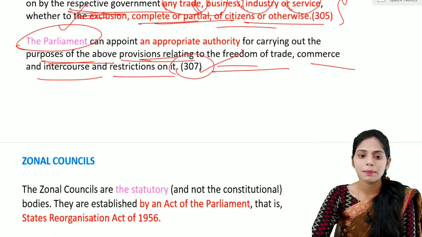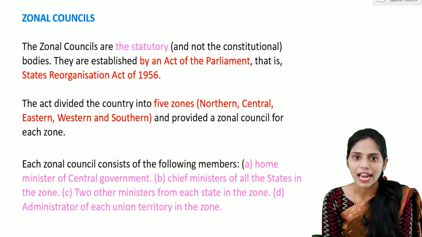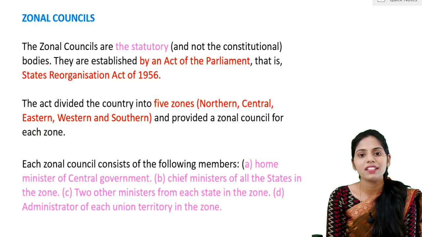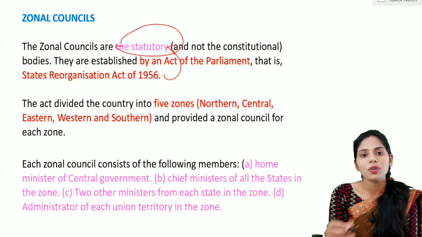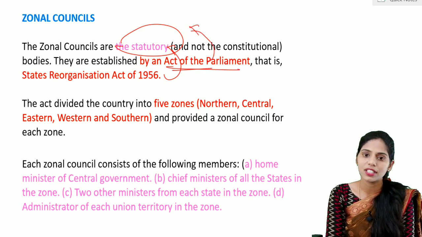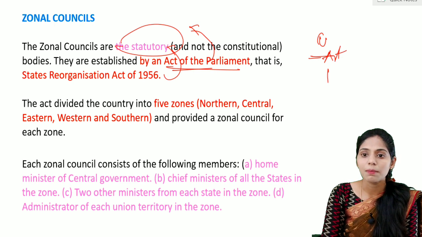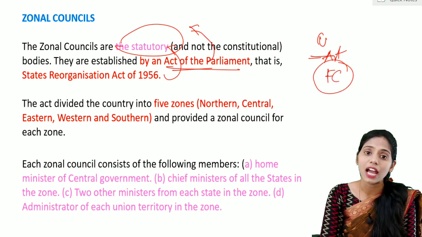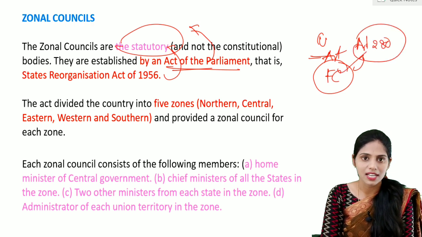So let us see the next subpart, that is zonal councils. These zonal councils are not constitutional, but they are statutory. That means they are made by an act of the Parliament. Whenever any body is made by an act of the Parliament, it is called statutory. And if any body is made under the Constitution, for example the Finance Commission, which is dealt with in Article 280 of the Indian Constitution,